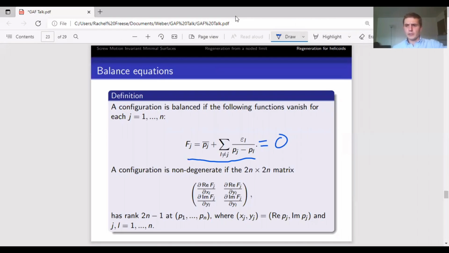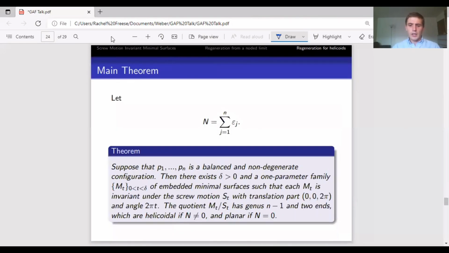And for it to be non-degenerate, like I said, you need to look at the Jacobian; everything needs to be non-singular for you to be able to do that regeneration. So in this case, you end up with this matrix, which is basically just partial derivatives for all imaginary parts, having rank 2n minus 1. Okay, so in that case, it's called a non-degenerate configuration. And if both of those conditions are met, then you do have a one-parameter family of screw motion invariant minimal surfaces. And that parameter is going to be the angle of the screw motion,